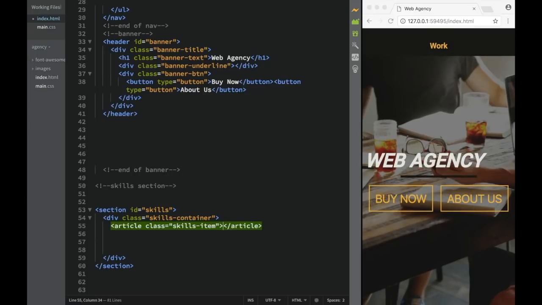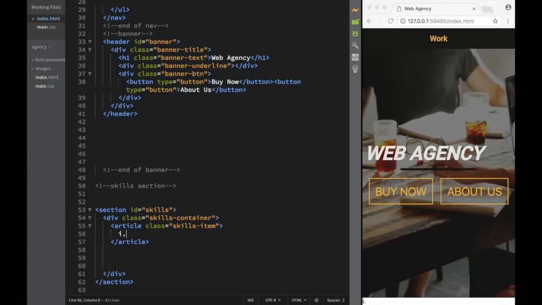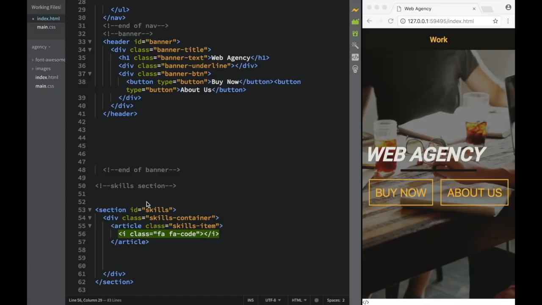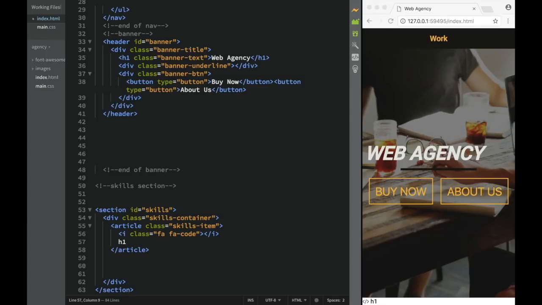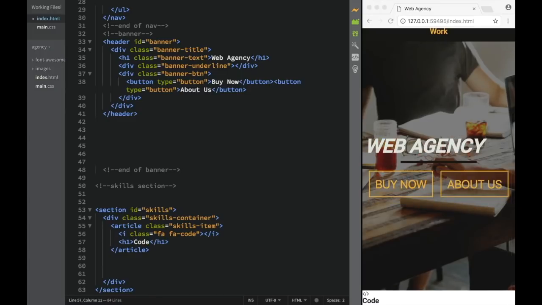And once we have our first article, we're going to have a Font Awesome icon, fa, and over here this is going to be code like this. And then we're going to have a heading 1 over here. I'm sorry, this is going to have actual content of code, right? So I'm going to write code over here and press tab, and now we have heading 1,